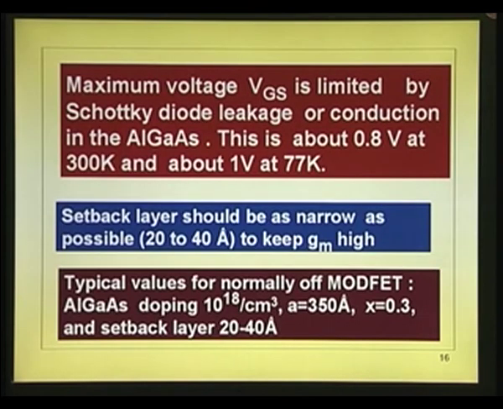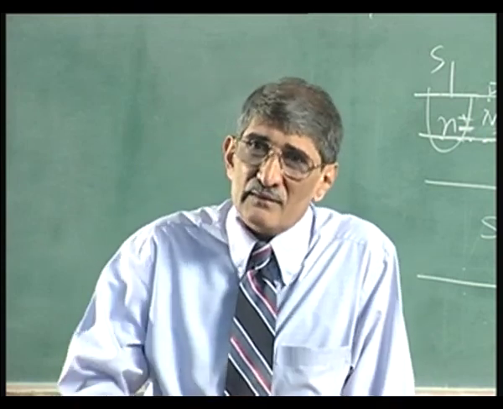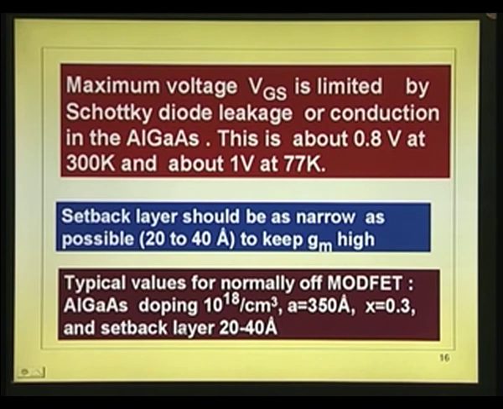You go on applying more and more voltage to VGS, you will get of course more and more charge, but at a particular point that aluminum gallium arsenide layer will open up. At that point, you do not have any control beyond that point. The transport will take place through that doped layer. Okay. This is about 0.8 volts at 300 K, okay, and 1 volt at 77 K. In fact, the limit can be 2. The VGS that you